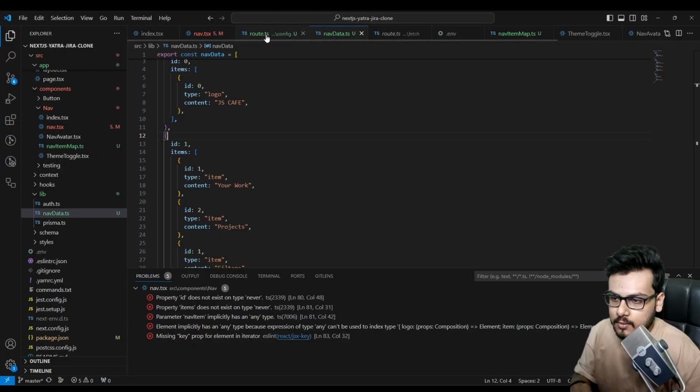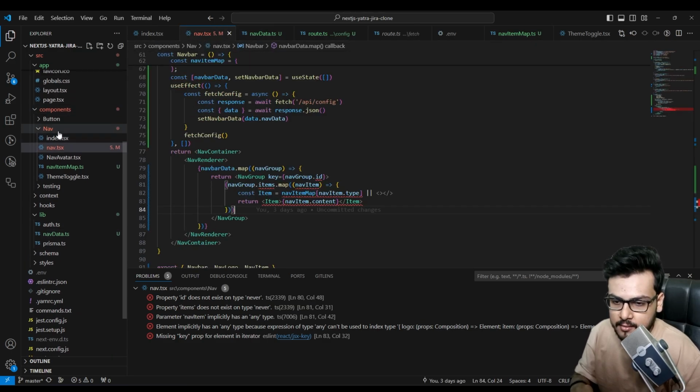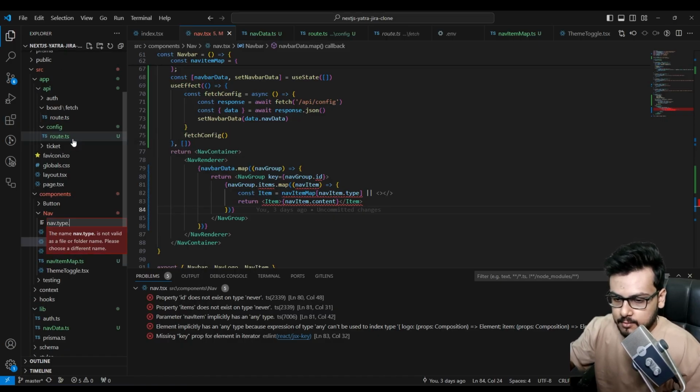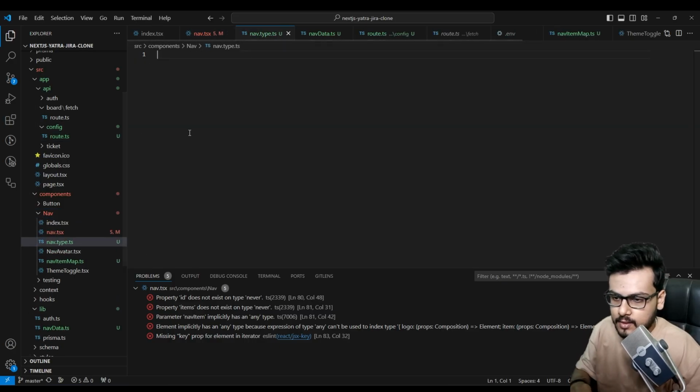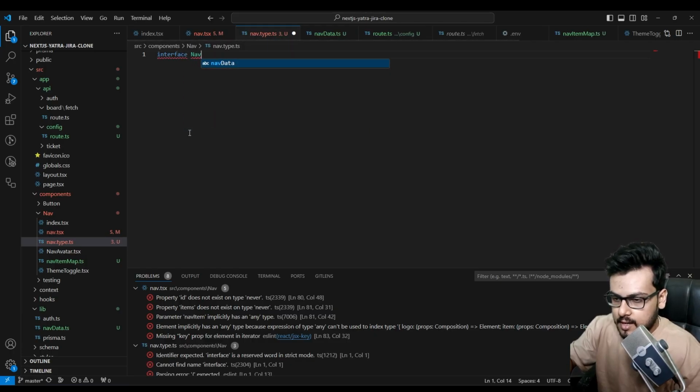Okay, so to do that, how exactly can we do this? This is achievable. So we can do something like, let's create a type file, for example nav.type.ts. Okay, let's create an interface, nav data,